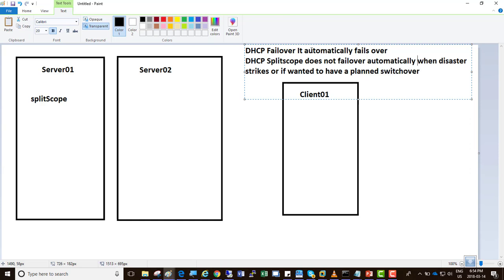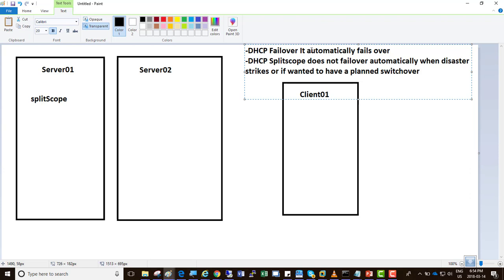If we wanted to do a planned switchover, DHCP failover is the solution that you would want. The split scope, you would still go to failover,